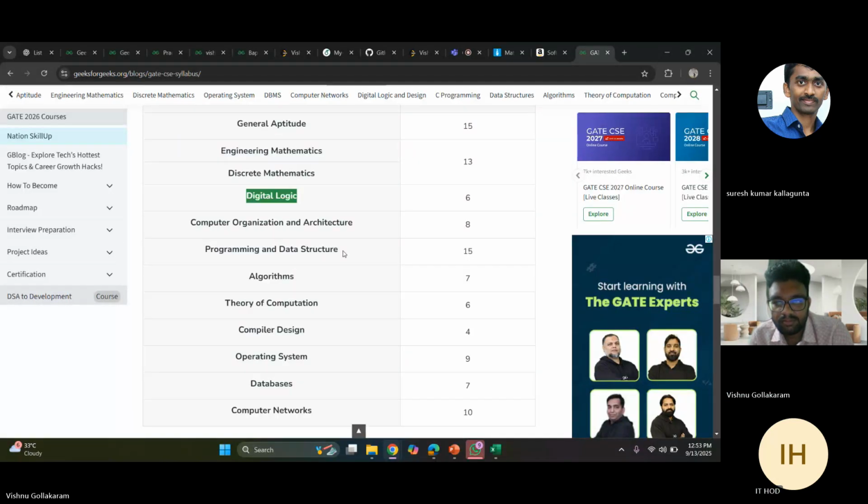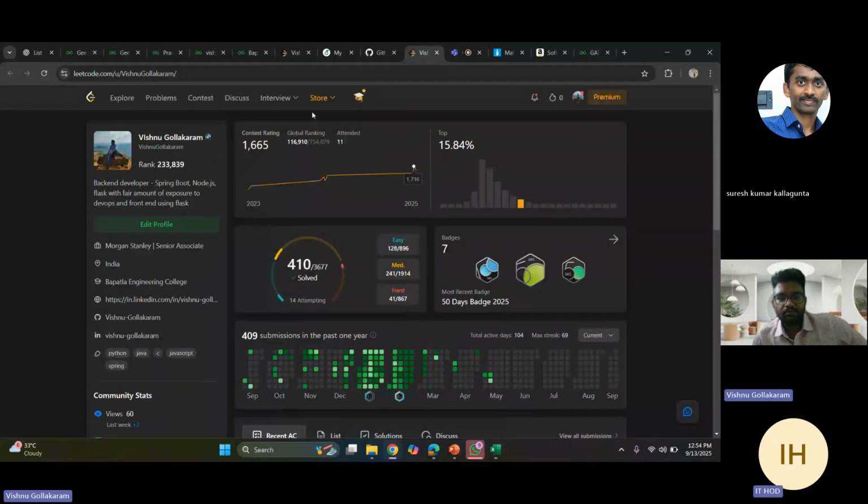Okay. Can you spend some time on your LeetCode profile? Yes, sir. There are so many metrics. Which one has a lot of importance? Here, badges, and the first one is regarding your